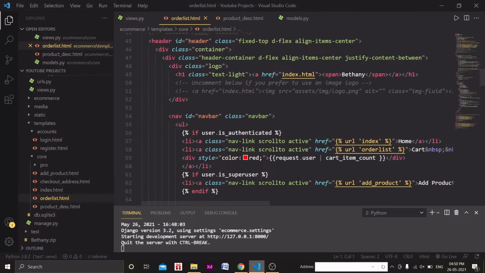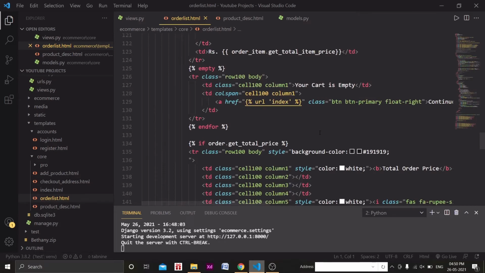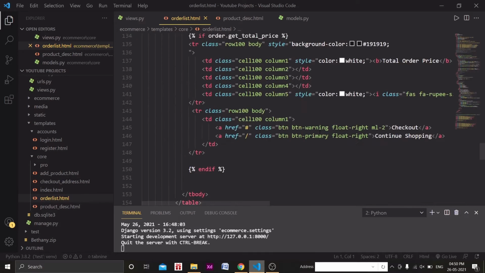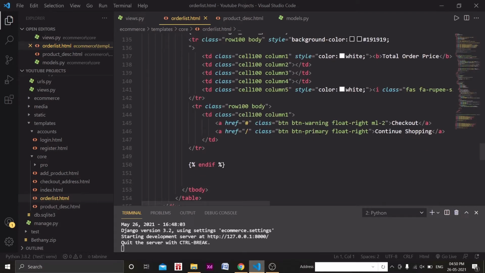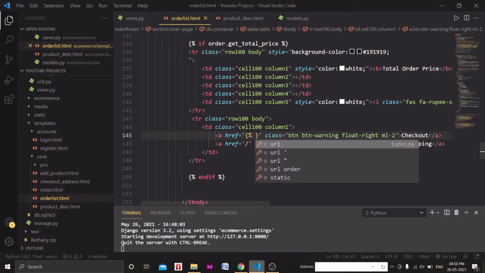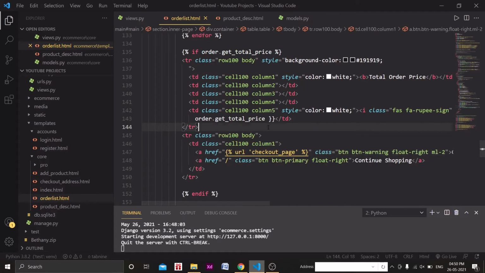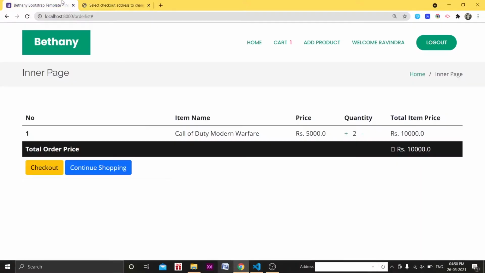So here, where is the checkout? It must be at the bottom actually. Okay, so here we will pass the URL like this: url, and here we will pass checkout page. Done. And let's see if it works or not.